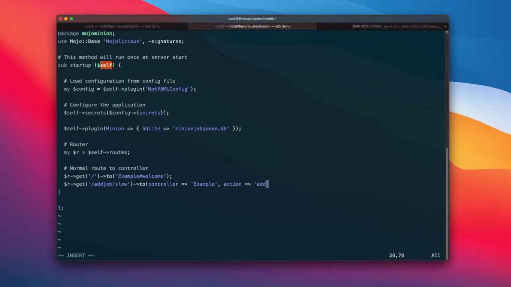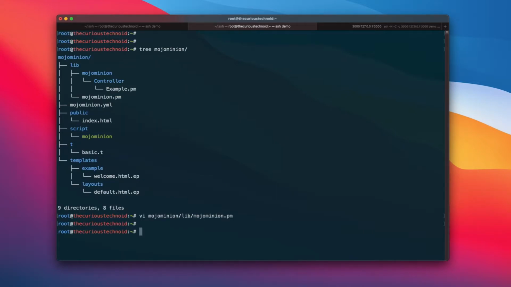I will add a subroutine called add slow jobs in that controller in just about a minute. I'll create a copy of this and I will add a fast job or a high priority job. Let's call it high. Let's save and exit. Let us now add the logic in our default controller, which will basically push the job to the queue. Let's go to the controller.